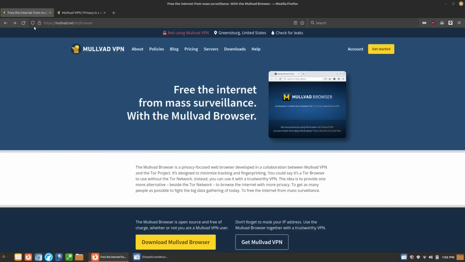So Mullvad kind of takes the Mullvad browser. Anytime I talk about Mullvad at this point in time, I'm talking about Mullvad browser, specifically in the context of this video. What it's going to do is effectively the same thing that Tails and the Tor browser do. It's seeking to make everybody using it look exactly the same. And that really is one of the best ways of having privacy in our current world, is to not stand out of the crowd. This is why one guy wearing an anonymous mask can be easily identified, but 100 people wearing an anonymous mask, wearing the same trench coat and the same top hat, are basically